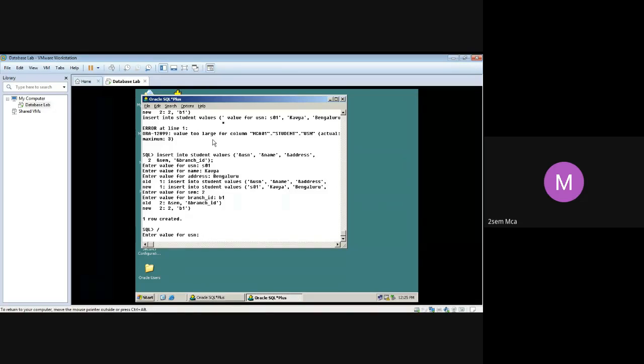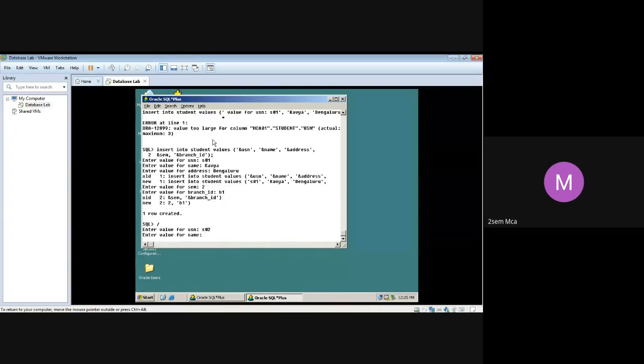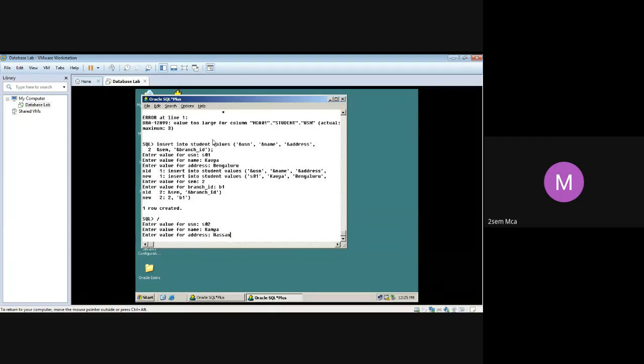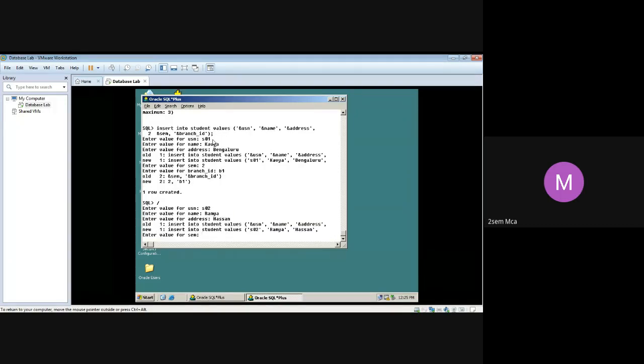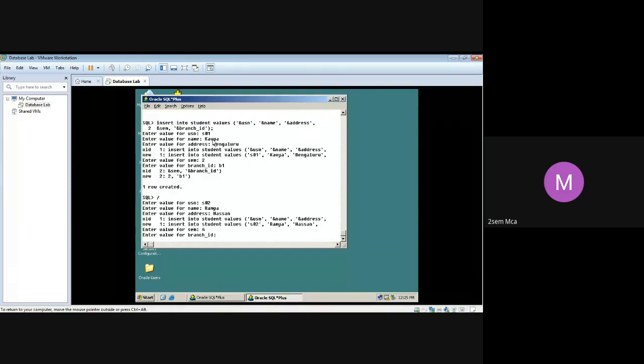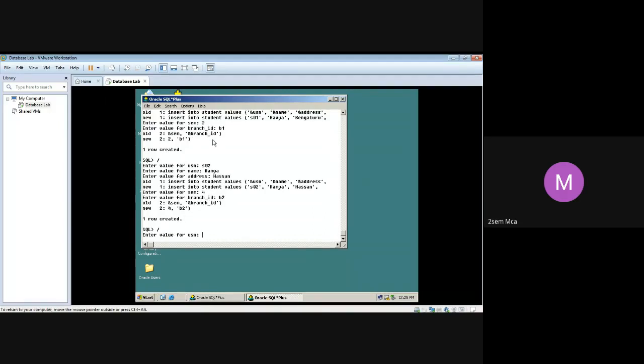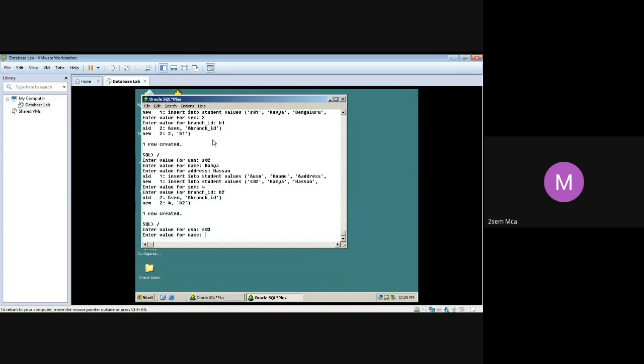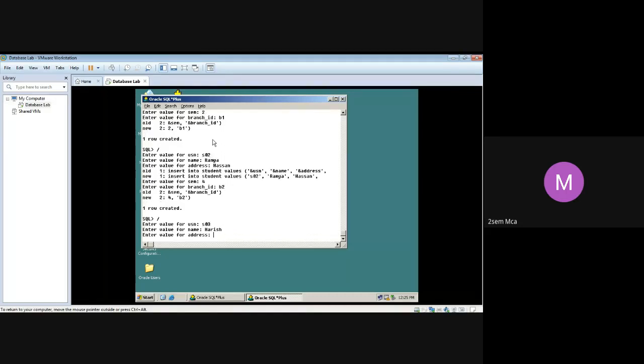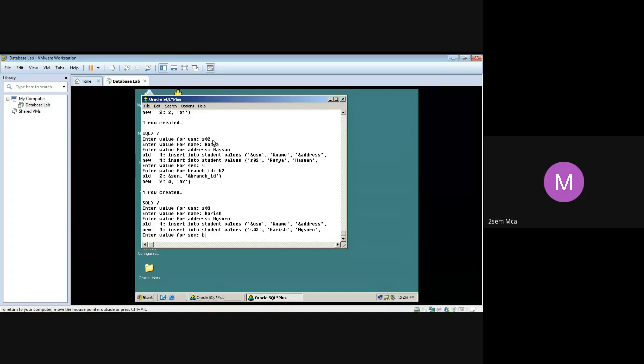Next is S02. Giving some name, Ramya. Address is Hassan. Semester is 4. Branch ID B2. If I am going fast on this, I will put the select statement and you can take it from there. Don't worry. S03. Name, some name. Mysore.